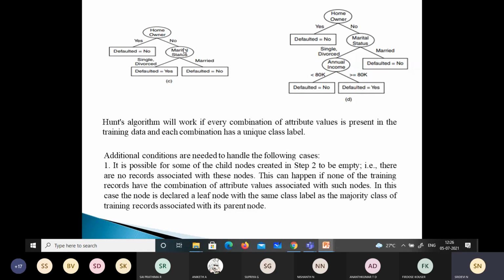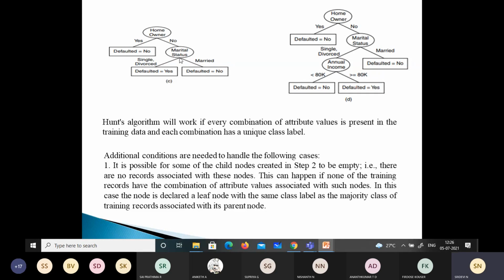They were not homeowners, and earlier we know that their default status is no, isn't it? So we have this marital status. Under that they are married, and the defaulted is no also for this. So under this we get 3 records. Fine. So total 7 we had here, 7 records we had to the left. We wanted to split them again, based on some attribute condition, partition those records in order to get purer subsets.